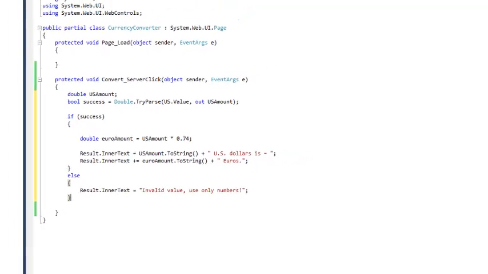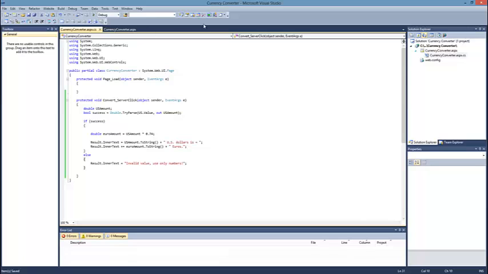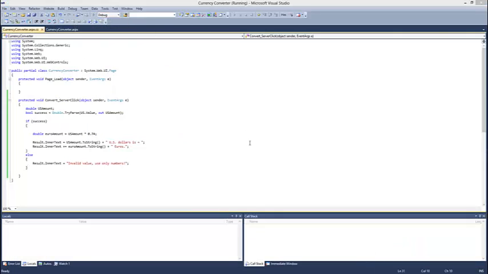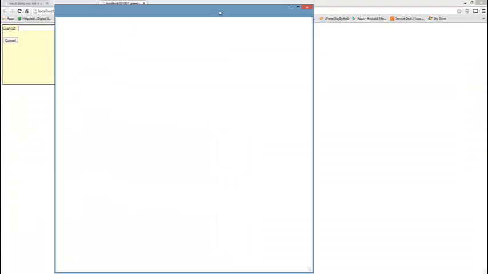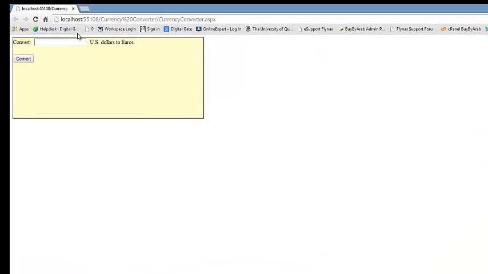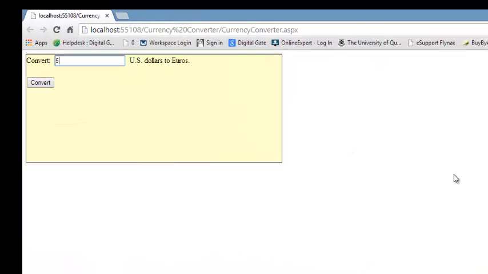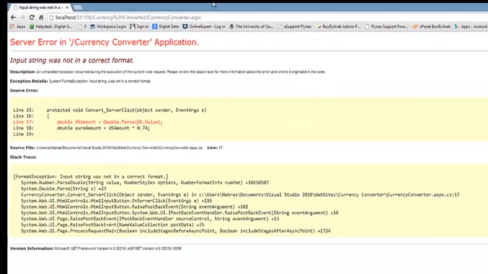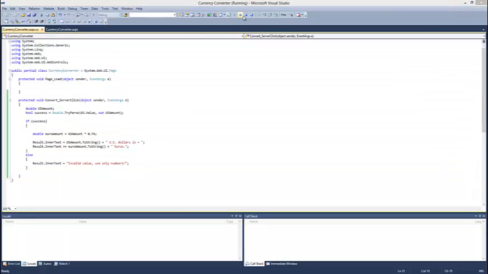So let us check. I will save my work. Let us check what's happening now when I run the application. So if I enter a number, it will be converted without any problem. But if I enter characters, here it will give me invalid value, use only numbers. So I have handled the error and displayed an error message to the user, which is what we are looking for. Okay, close this one. Then I stop the